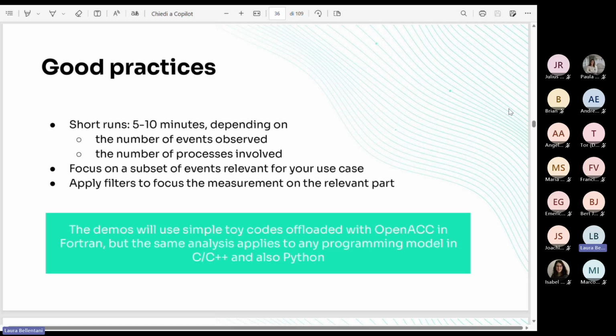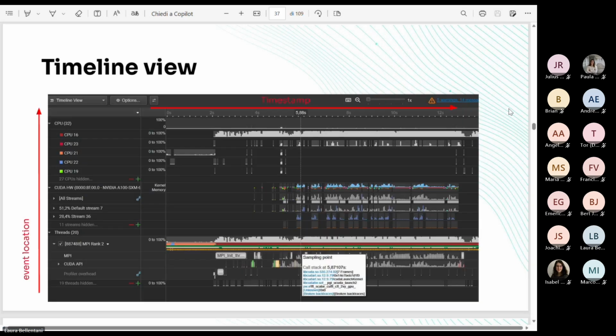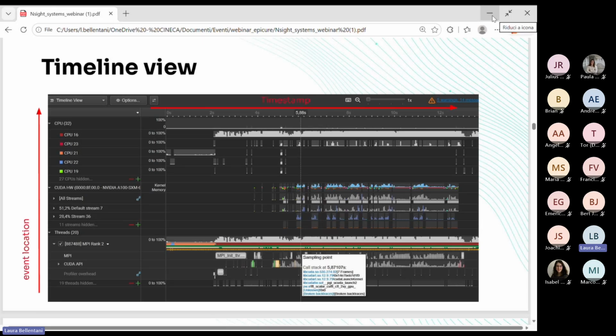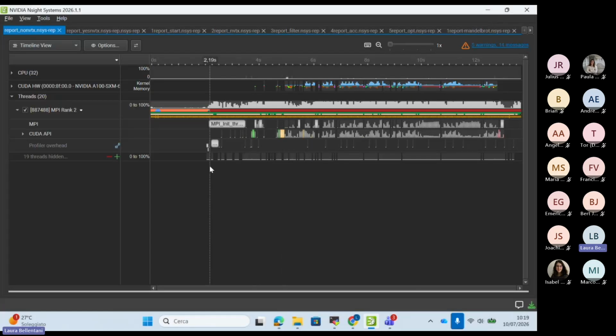Now, the demo that I'm going to show you for the performance engineering workflow with Nsight Systems will use a simple toy code offloaded with OpenACC in Fortran, but the same analysis applies to any programming model in C++ and also Python. Instead of showing you a snapshot, I'll open the GUI now to show you how a typical timeline view looks like.